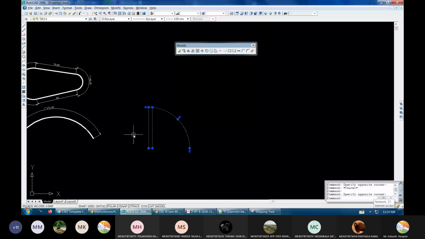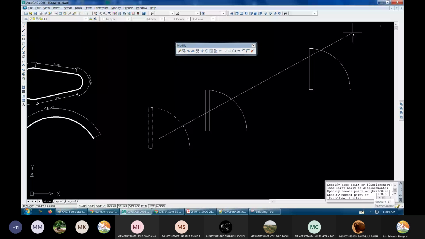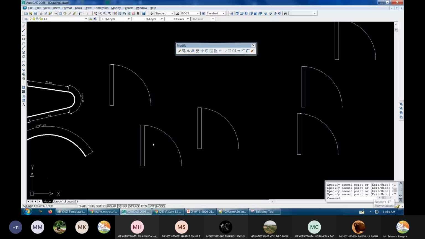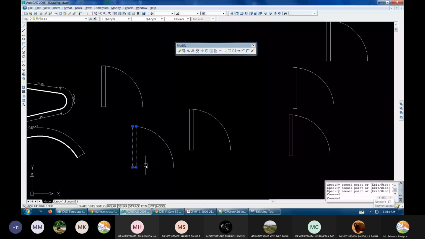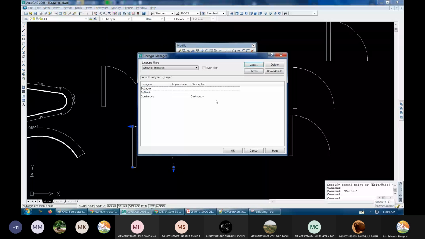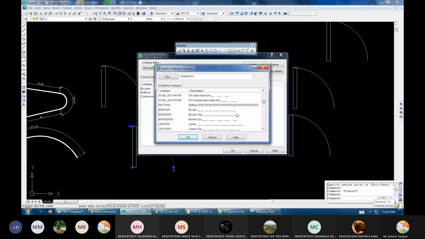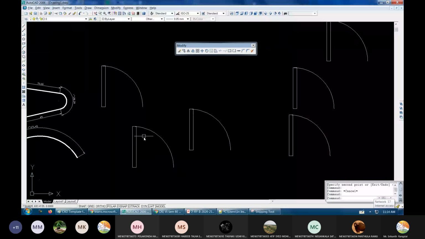Now these doors will be appearing at a lot of places, right? Let me say I have placed the doors at 6 different places, and later on I was told to modify this. Suppose instead of having this solid arc, my boss later tells me to make it dashed. Then what do I have to do? I have to first load the dashed lines, right? Okay, let me take 0.5x dashed, and then I have to change it to dashed.